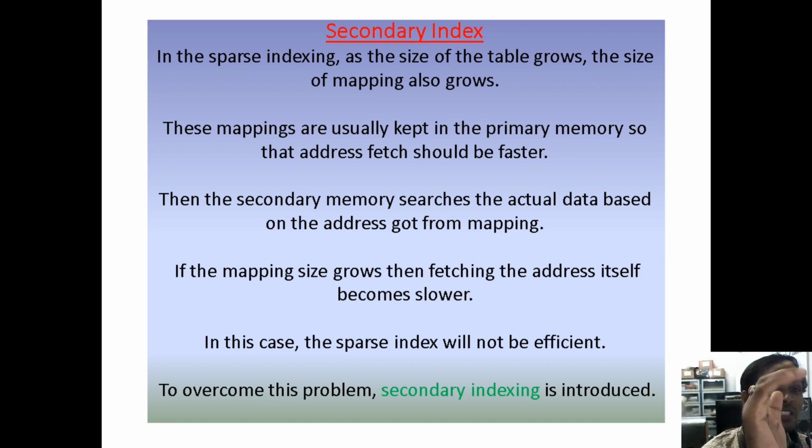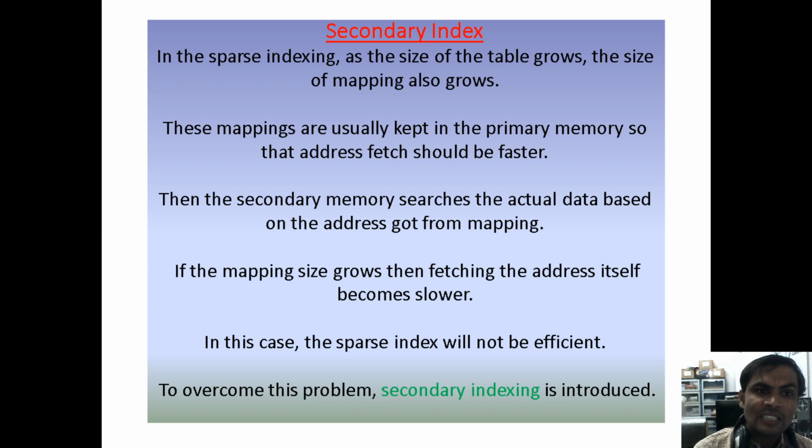Secondary index means we are creating one more index structure. Primary index means only one structure will be there. Under the secondary index, we are creating two index structures. One primary index will be there, and again we are creating one more secondary index. That is the purpose they gave the name secondary index. Under the primary index only one primary index will be there. Coming to the secondary index, we are creating two index structures.